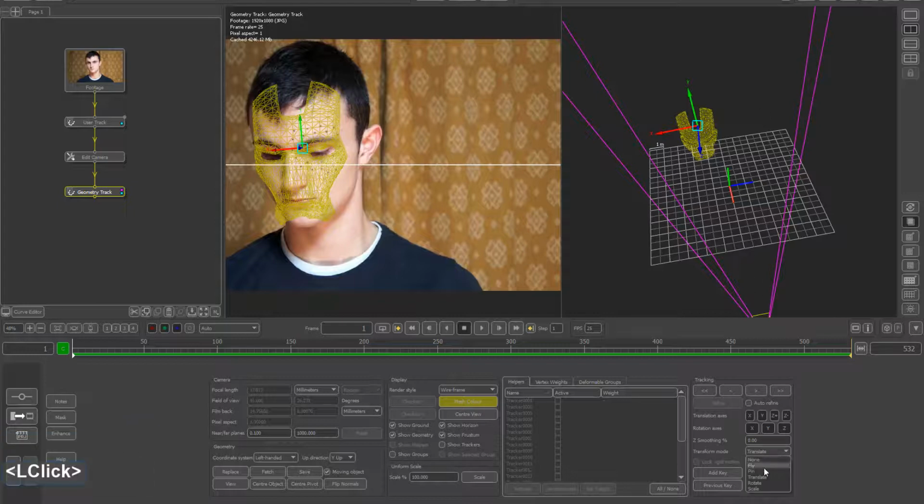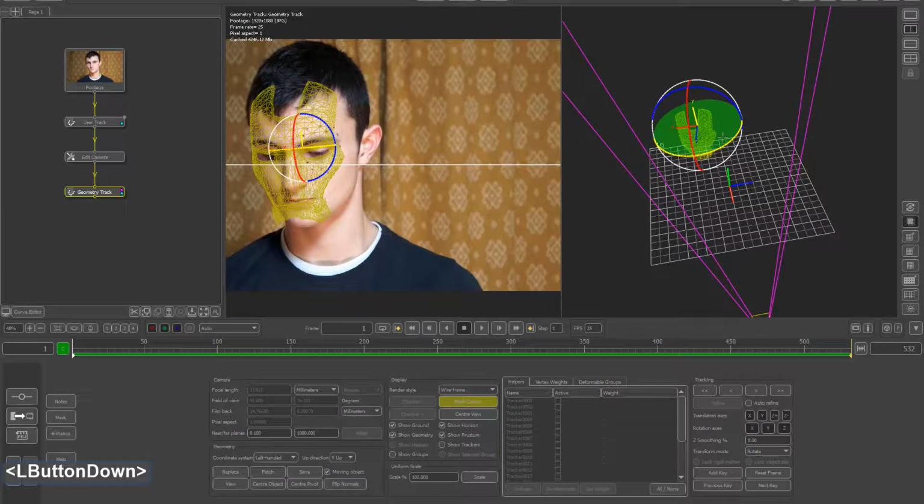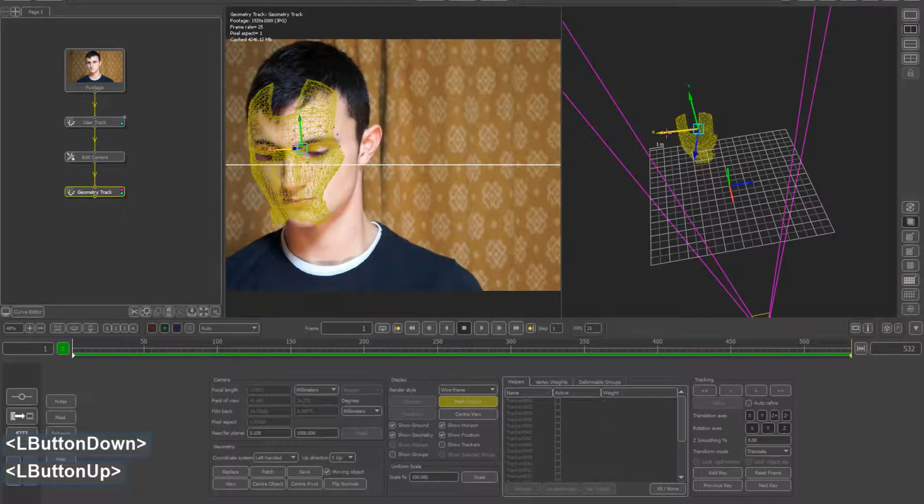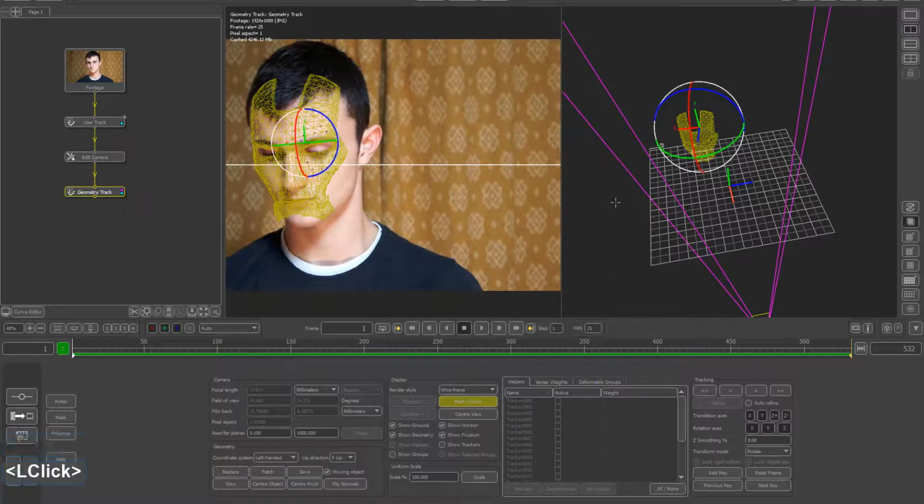It doesn't need to be perfect, but make sure it's actually fitting on his face. Make sure it can cover 75% of his face. Don't worry about this area, that will be covered by another part of the helmet mask. Make sure the chin is here. Okay, when you are okay with this position,